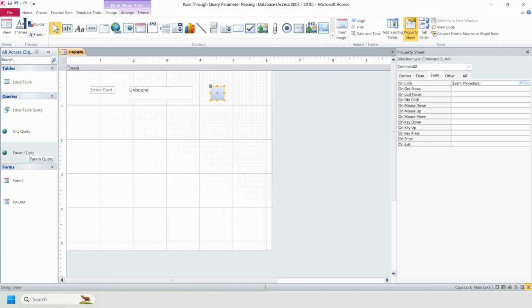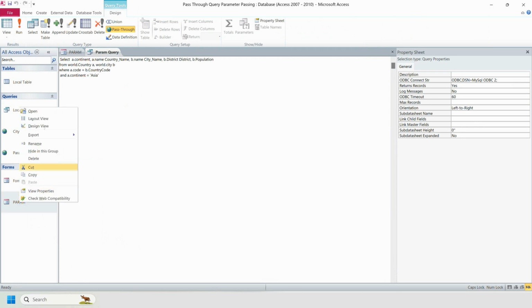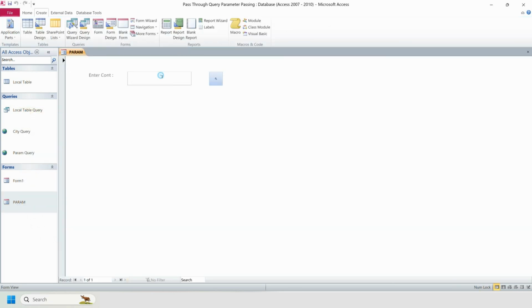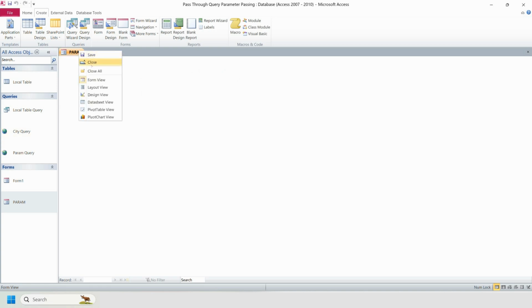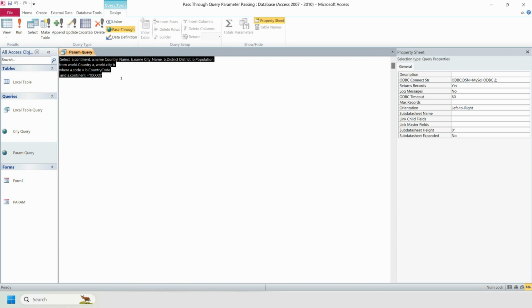Now let's go back. This is our param query. Let me show you the param query. First of all, I have written continent equals Asia, and let's open the param form first, and let's try to enter something which we can easily identify, XXX. I clicked it. Now let's close this, and let's go back to the param query, open in design view. You can see that XXX is already here. Now let me close this,